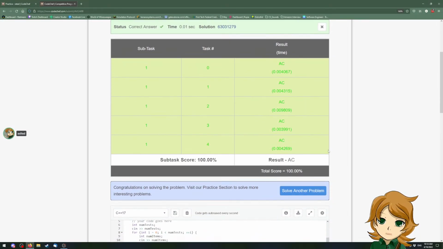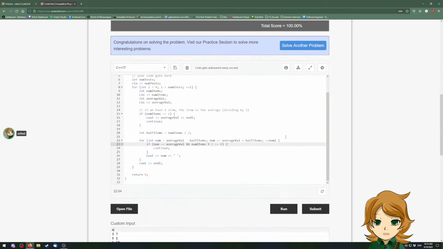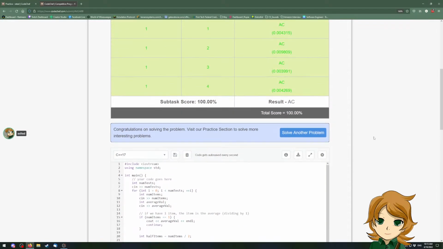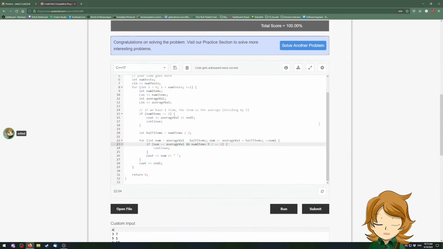Oh, look, we did it. Yay. First try. That was a fun little thing. It's really simple when it comes down to it, and that's what made that nice. But the idea behind this solution was quite simply